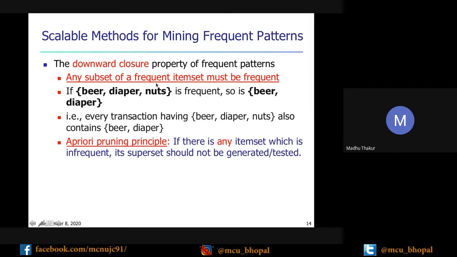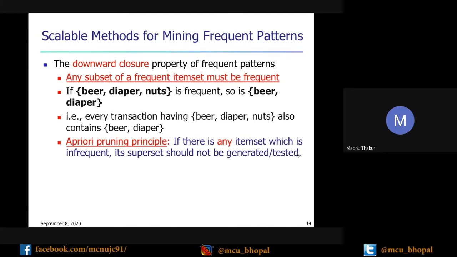That is the property. Similarly, there is the pruning principle, the opposite property. If there is any item set which is infrequent, its superset should not be generated or tested. That means if any item set is infrequent, then there is no need to check its supersets.